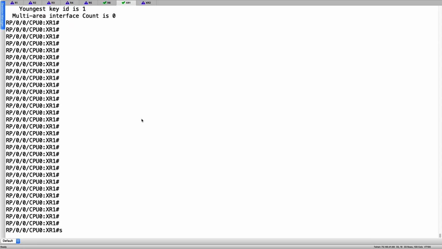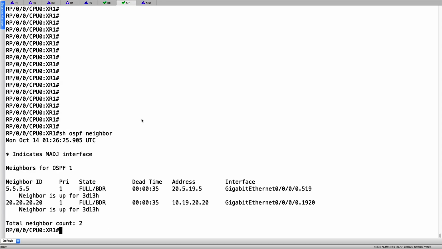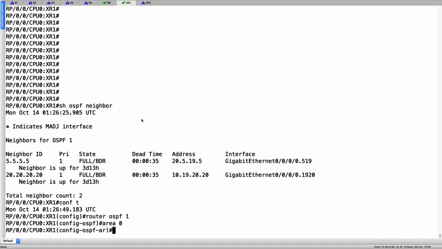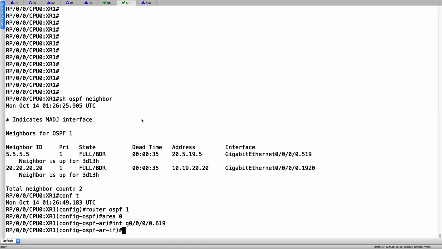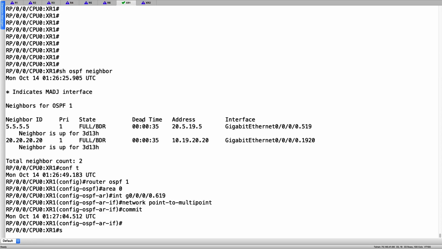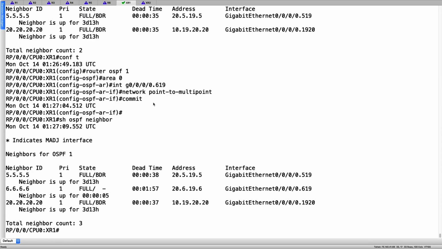If I look at IOS XR, show OSPF neighbor, I don't have neighborship with R6 because the hello and dead is different, because the prerequisite is that the hello and dead should be the same. So let's go to XR1 and go back to router OSPF1, area 0, interface 0000.619, and change the network type to point to multipoint. Once I change this, my neighborship should come back up. And if I look back at my OSPF neighbor, I have full adjacency with R6, which you can see here,